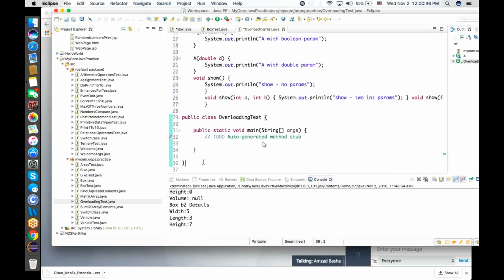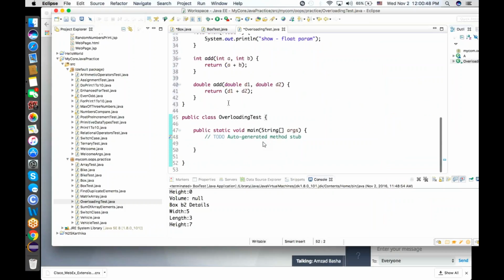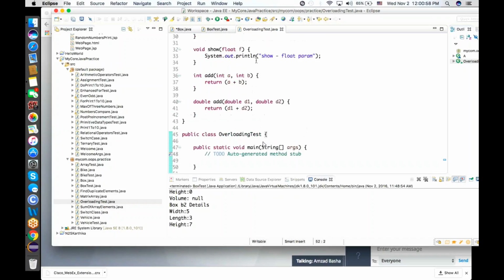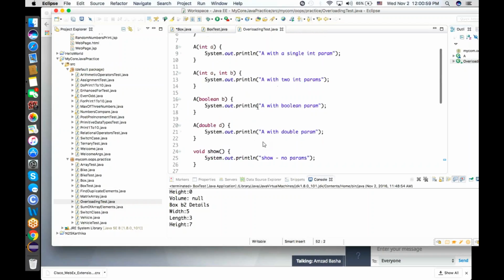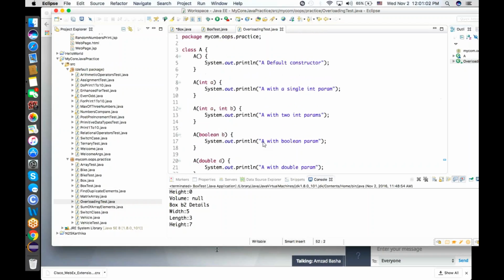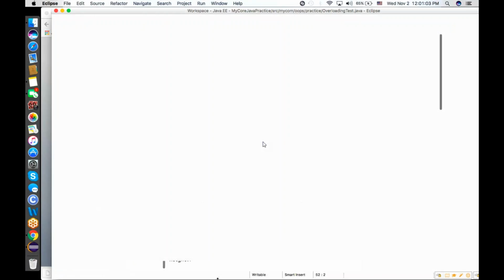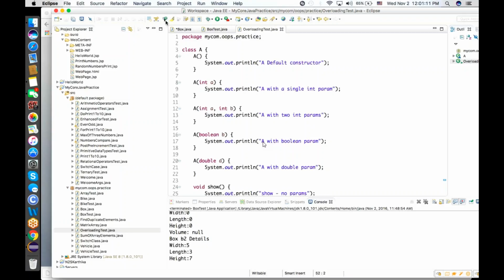Right? Press Ctrl+Shift+F. Here you can see that class A is declared in the same program, the same .java file. So the source file is only one, but if you go and verify in your bin folder, there will be two .class files. Save these things and go back to your